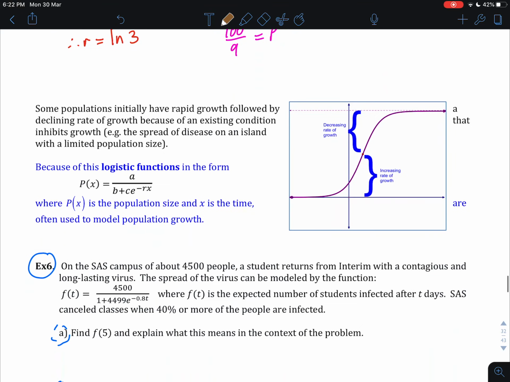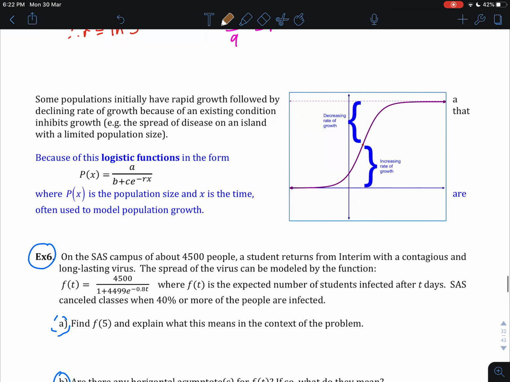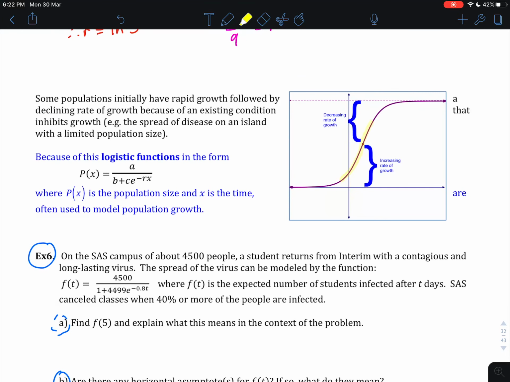Okay, so lastly what we want to look at is this idea of a logistic model, and what a logistic model is trying to take into account essentially is that you have this kind of exponential growth, like obviously the example that is timely now is the spread of the COVID-19 virus. You're going to have these what appear to be pretty close to exponential growth rates, but particularly in places where you've got a limited population,